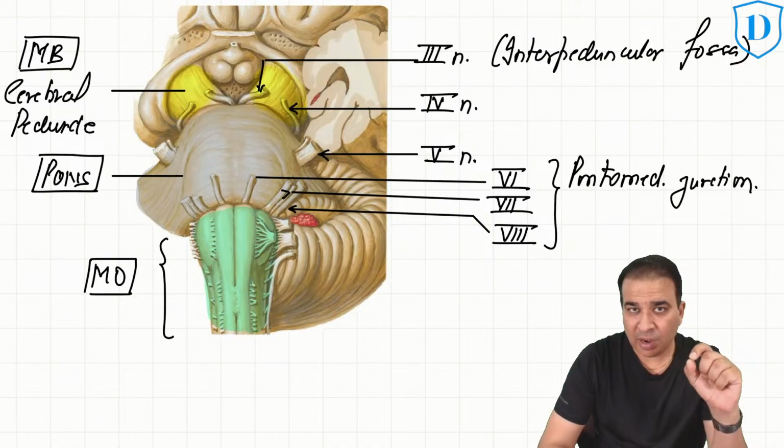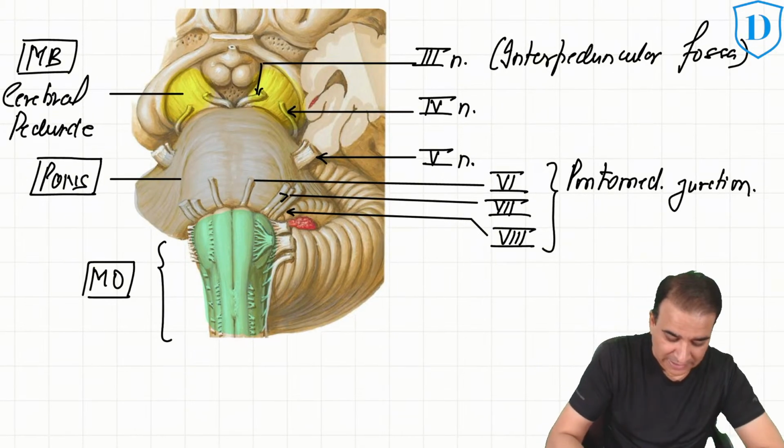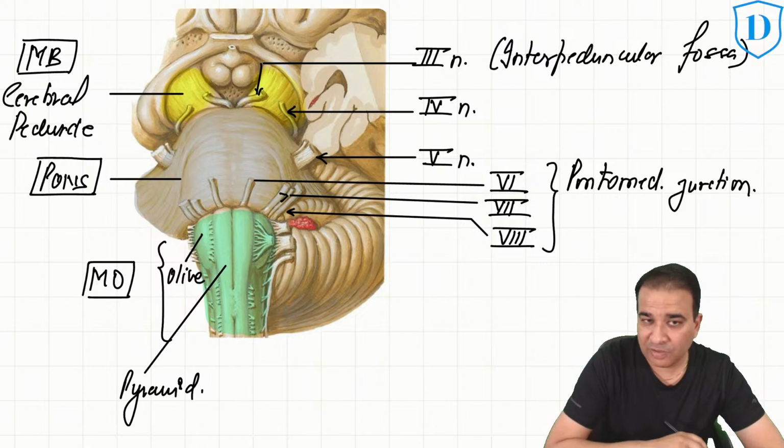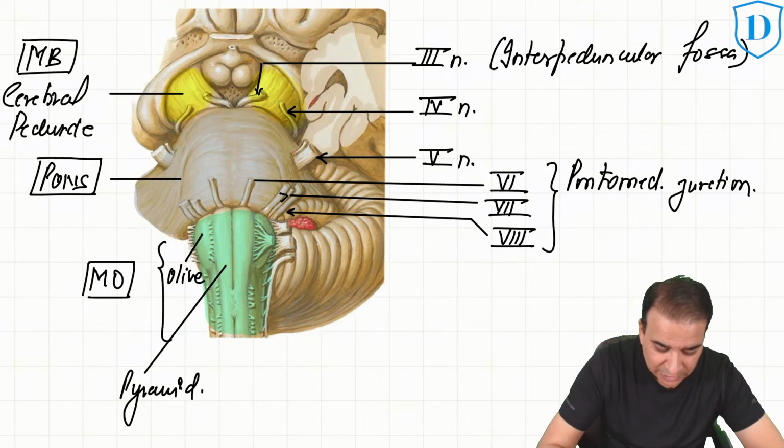In the medulla oblongata, you can see two major landmarks, guys. This here is the olive. That elevation is because of the olive, and this midline elevation is basically the pyramid. So you're looking at the olive and pyramid. Now, can you see the three nerves over there which are lateral to the olive, guys? Lateral to the olive, or posterolateral to the olive,